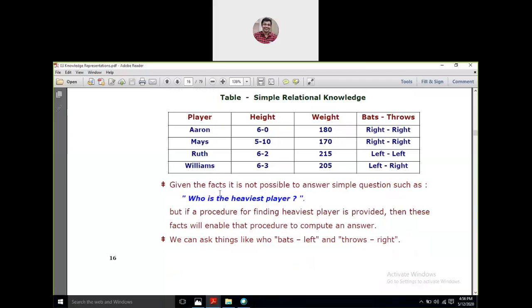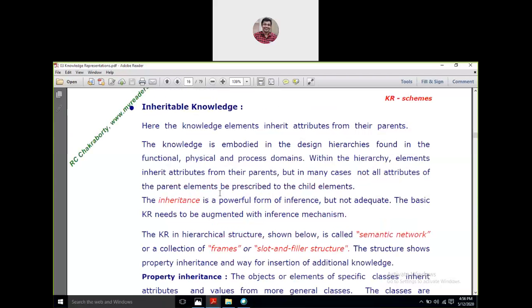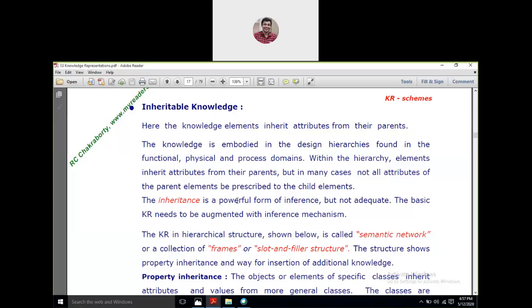The next important thing is knowledge classes. Under knowledge classes, this is the inheritable knowledge. At this point, I'd like to take up a few more minutes here. Something that is based on inheritance, right? Something based on property inheritance, on the basis of the hierarchy of the object, that means the classes of the system, the classes in which we have already segregated things, and how they inherit the properties of their hierarchical previous class, right? So this is how we can inherit a particular kind of knowledge.